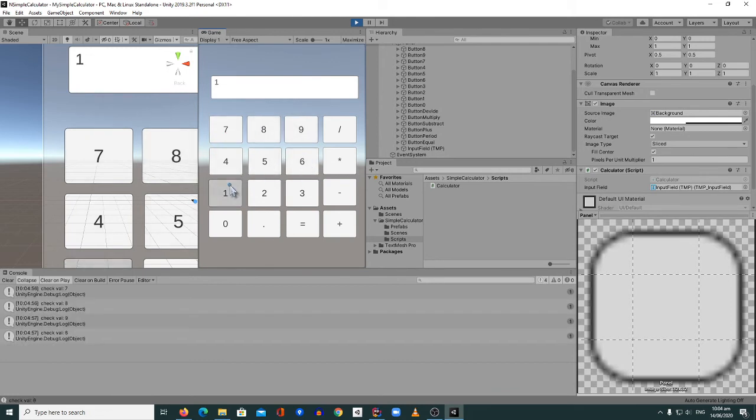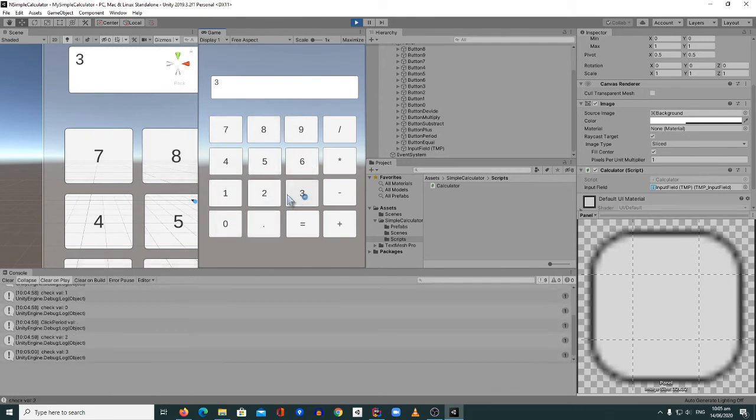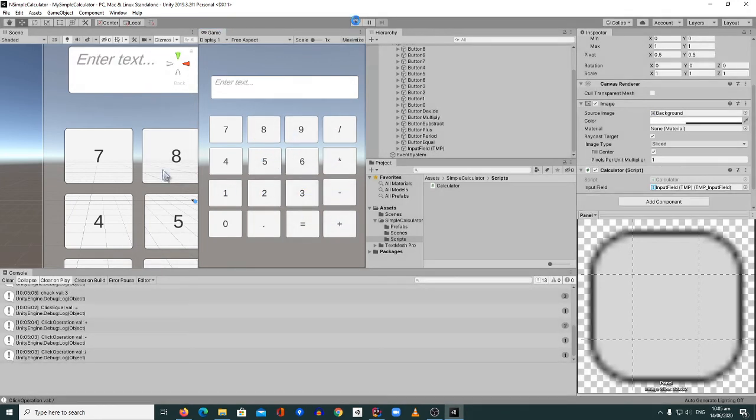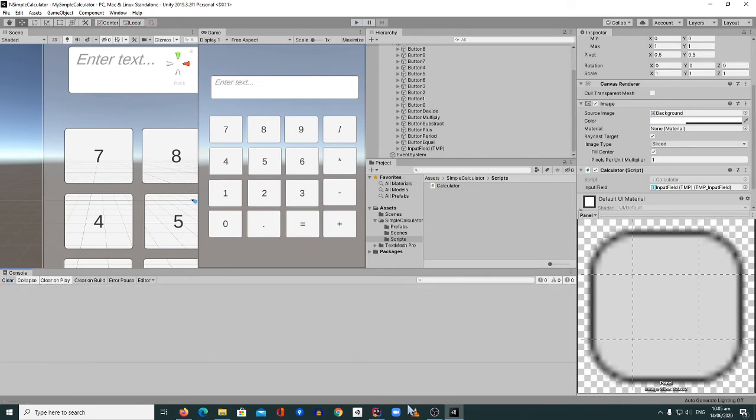So right now whatever we click, it is the number only. For the rest, we haven't done anything about it yet. So at least right now when we click something, the input field is updating. Actually, yeah, actually